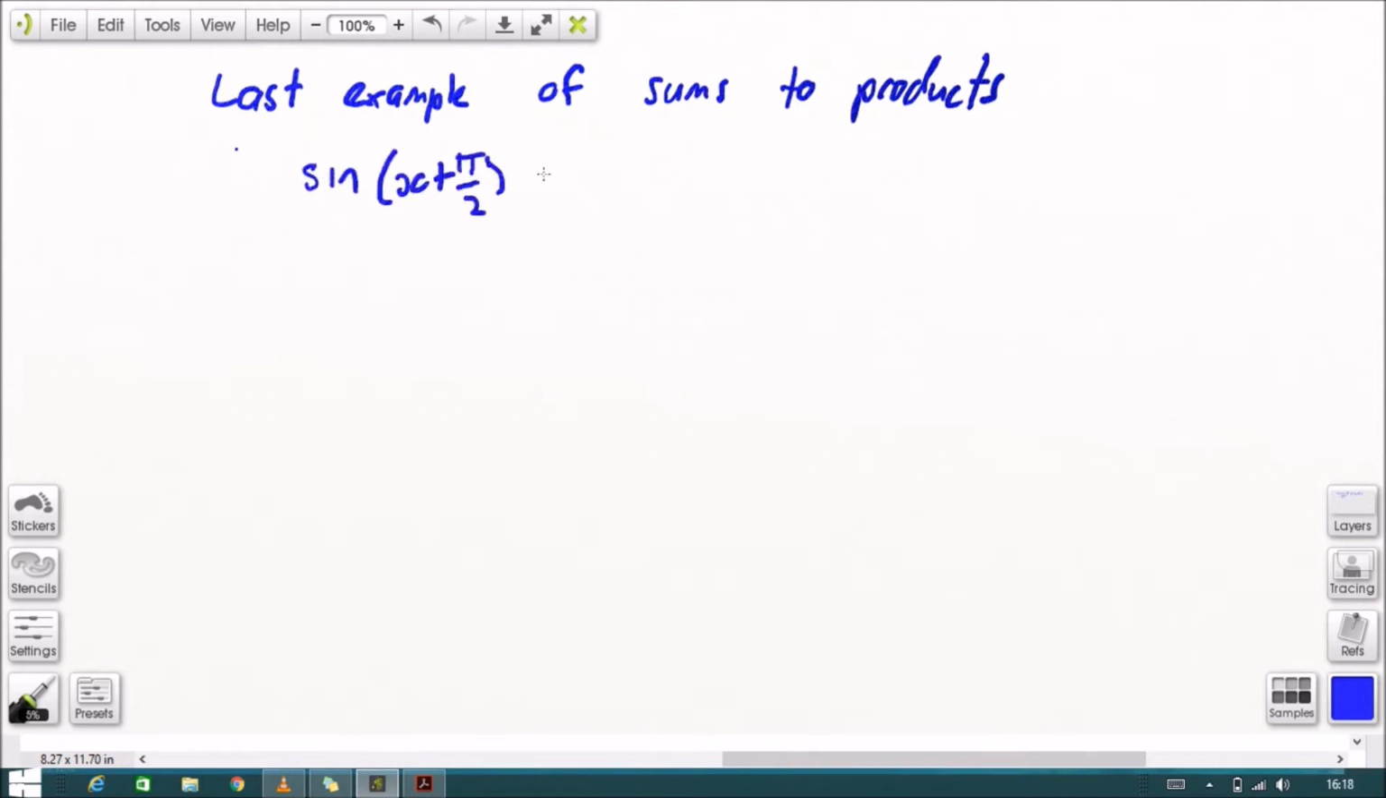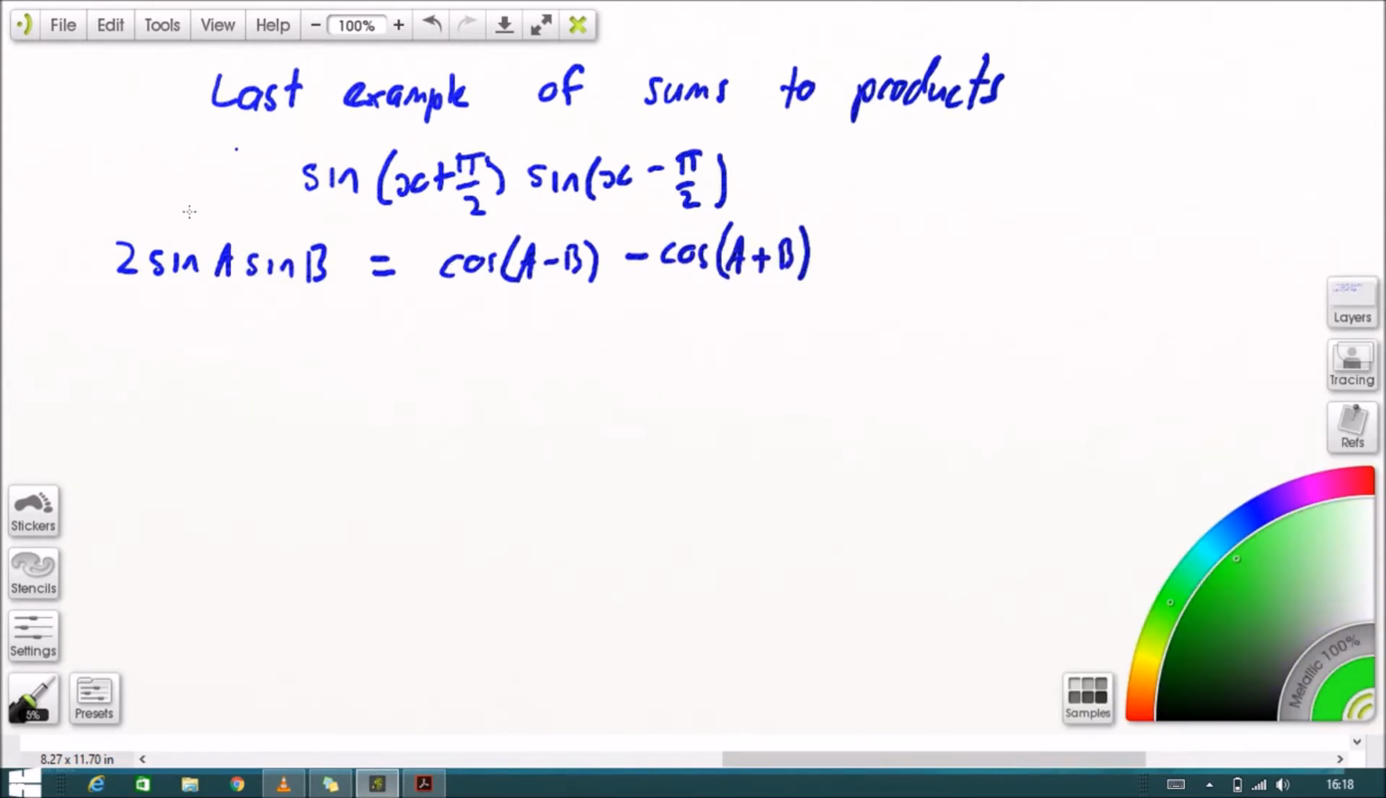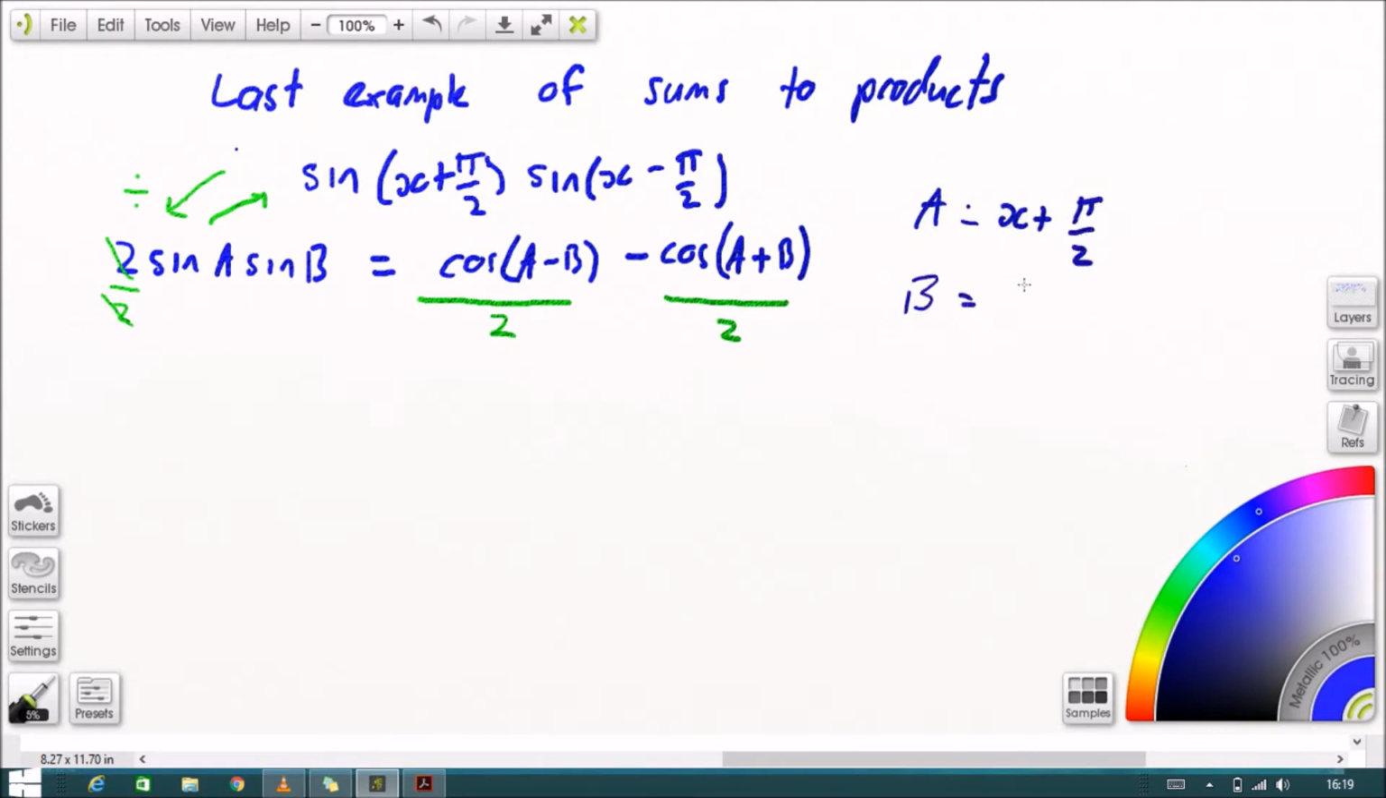Right. One more example of sums to products. If we look at this example, you can see here's the formula and here's the question, and the product on the top is only half of the product on the bottom. We've got 2 sine A sine B. So all I have to do is divide both sides of my formula by 2. So the two sums will be divided by 2. And now I just go back to identifying my two angles, x plus pi over 2 and x minus pi over 2. So I'll use this new version of the formula,